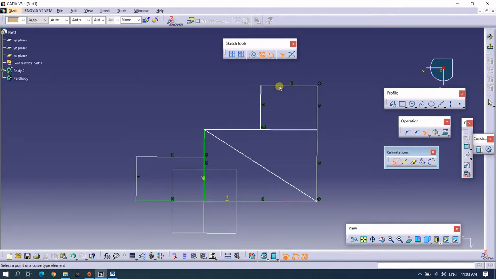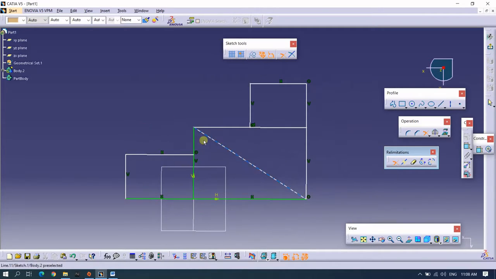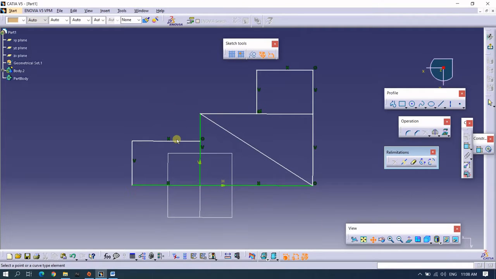First is the trim. So here you can see I have selected the first. When you select the tool, it gets highlighted as orange. And now I am selecting the first tool, that is trim all elements. So in trim you have to select the two elements. So I'm selecting now this line as the first element.